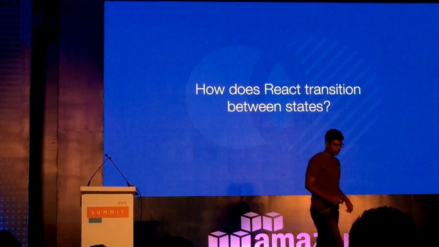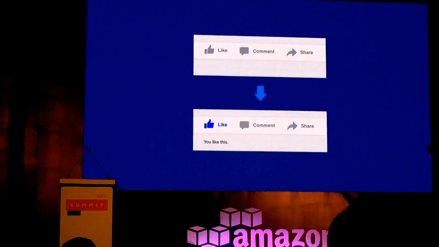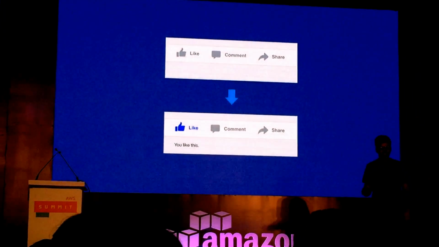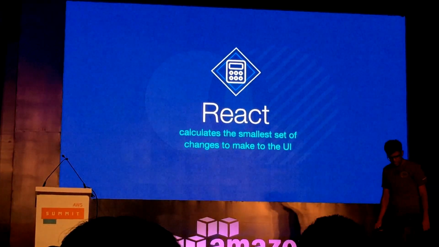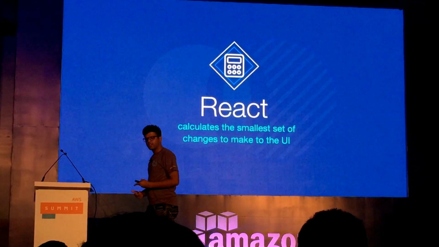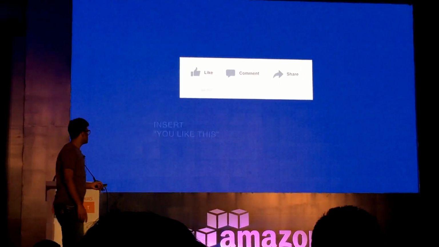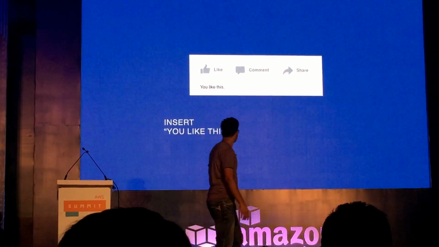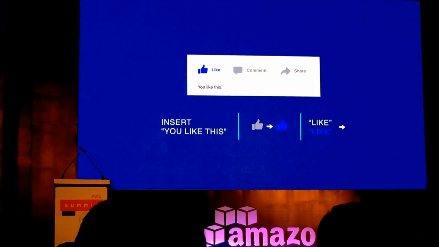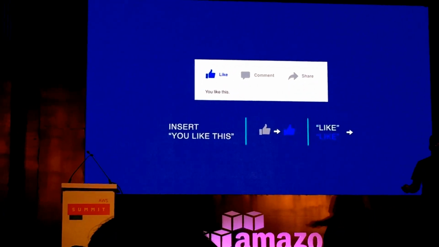So transitioning between states. Let's say you want to go from up to down. There can be a challenge that you might be thinking that everything gets re-rendered, and that might be a cost. But React actually calculates the smallest set of changes that has to be made, and that set of changes is only rendered to the DOM. So for an example, from going this to this, you just insert this caption, change the like button's color and also the text color. These are the only changes that are pushed to the DOM and nothing else.